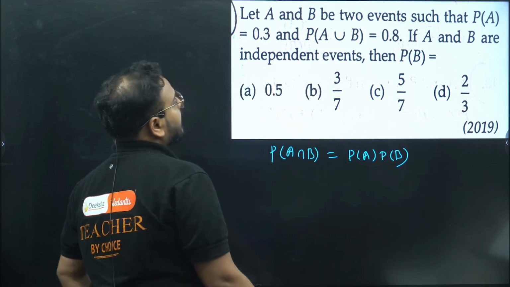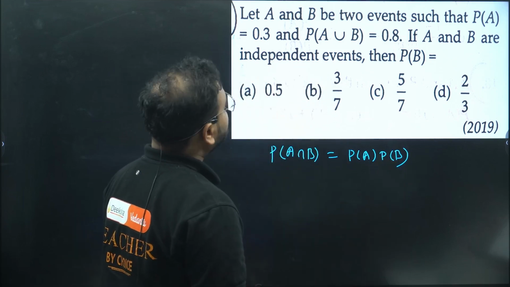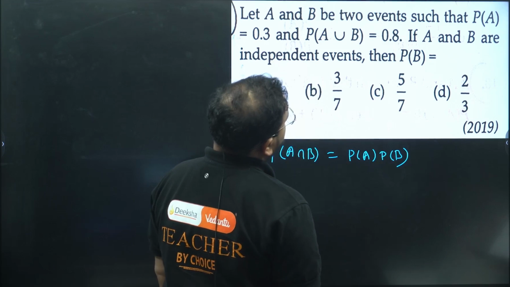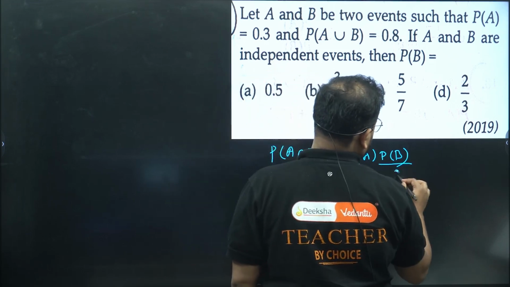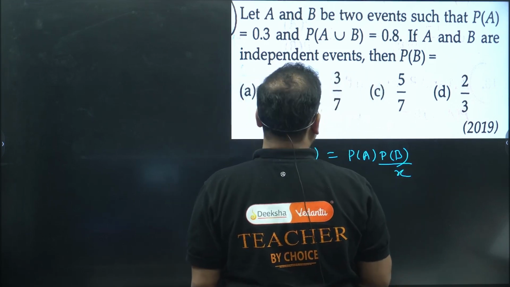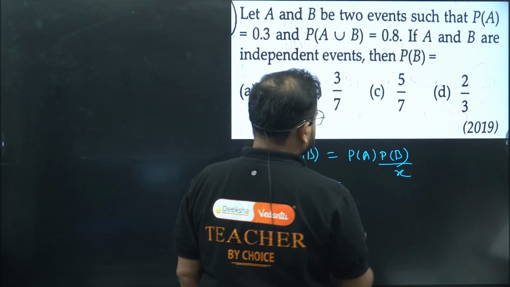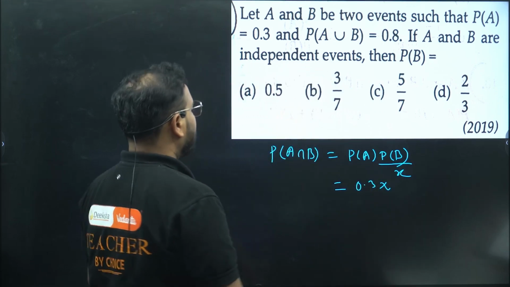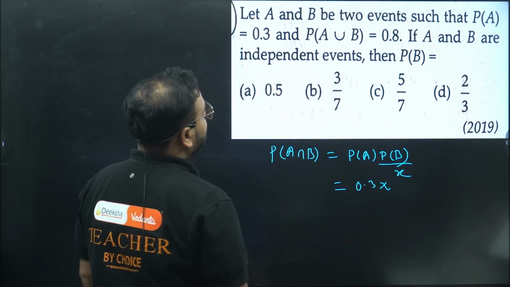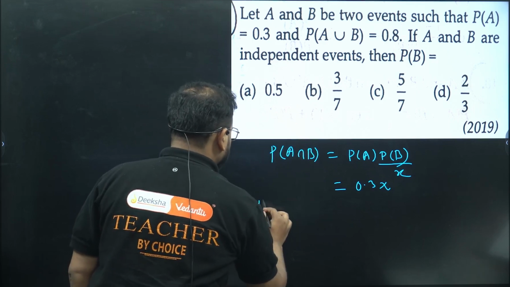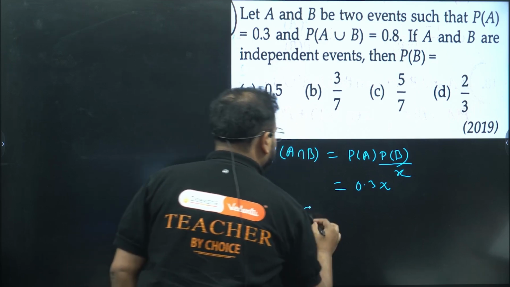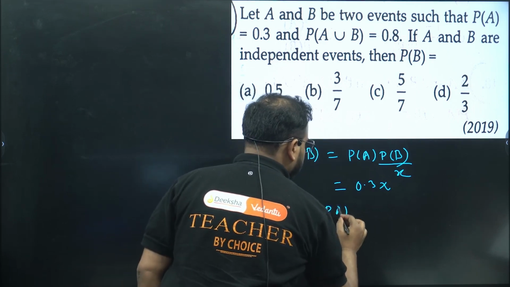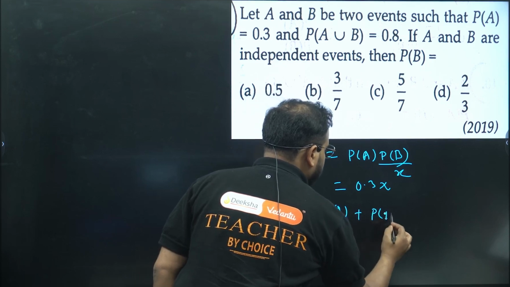What do we have over here, sir? Let's call P(B) to be x. P(A) is 0.3, so I get this answer as 0.3x. That is my P(A intersection B). They have given the union also, right? So we have P(A union B) will be given by P(A) plus P(B)